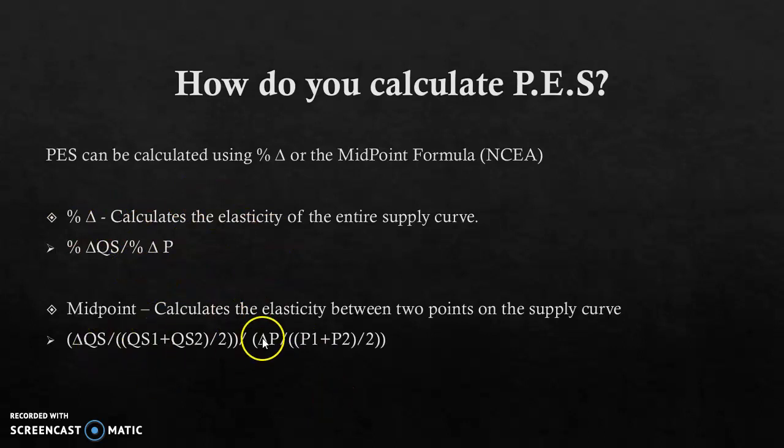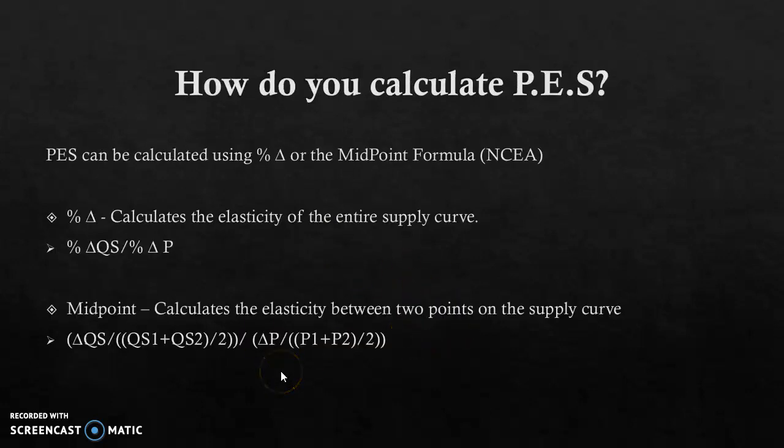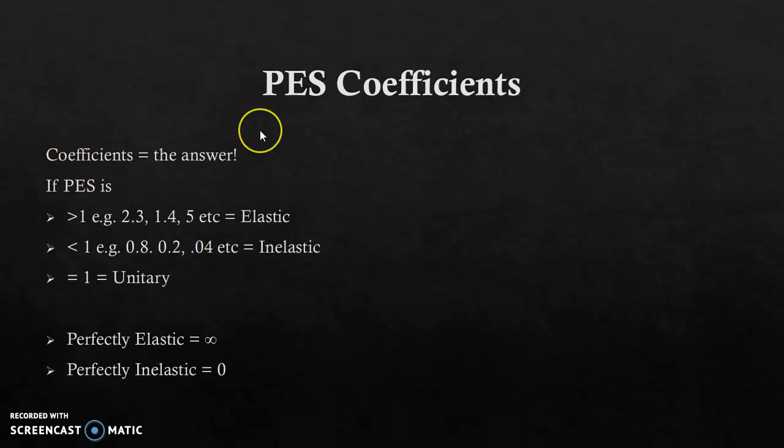Yeah, so it's a big long formula. When we do have an assessment for this, which fingers crossed will be later in the term, or we may have to change it, if you had to do it in a test situation, I would give you a cheat sheet. So you do the maths, and you're going to come up with an answer. The answer is called a coefficient. I'm not a maths teacher, but basically it's the answer that you get.